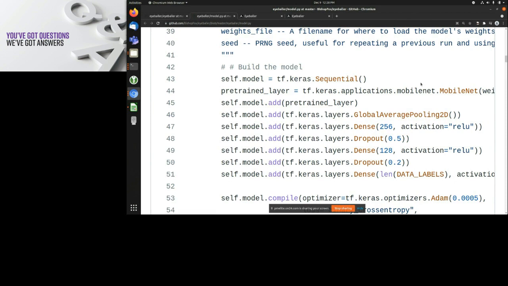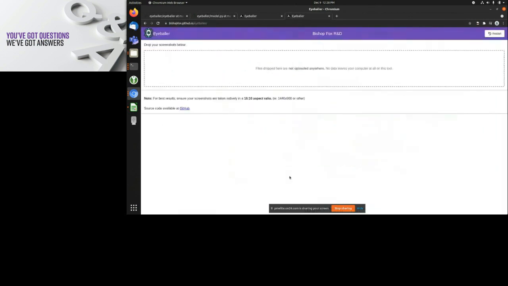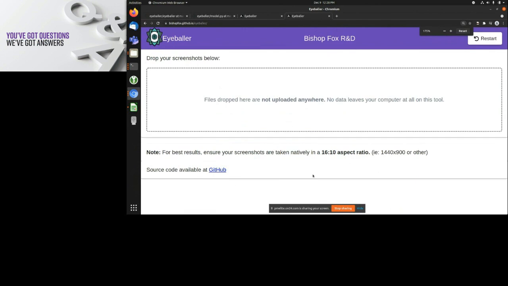And I've anecdotally heard from friends in the industry of them taking Eyeballer and integrating it into their service offerings, or into their ability to deliver their service. I think there's been a couple of presentations, I want to say BSides Atlanta in the past, I can't remember exactly when. It's really neat to see the creative ways in which some of the tools that we've created get integrated and used across the industry.